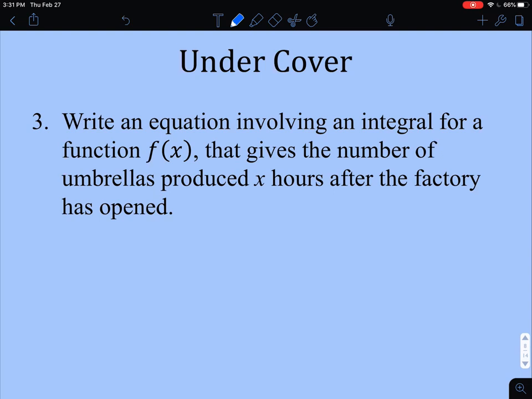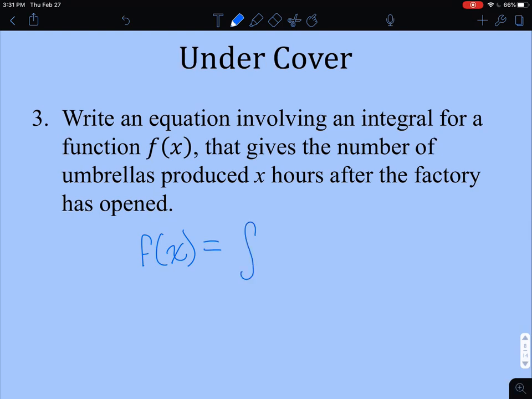Part 3 says write an equation involving an integral for a function f of x that gives the number of umbrellas produced x hours after the factory has opened. So now we actually need to write an equation, f of x, that gives the number of umbrellas. So f of x equals